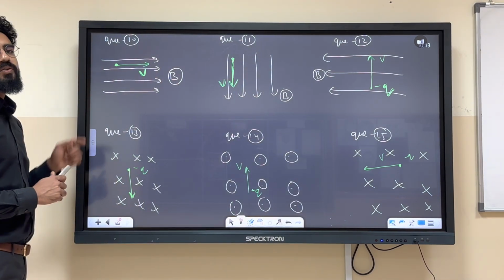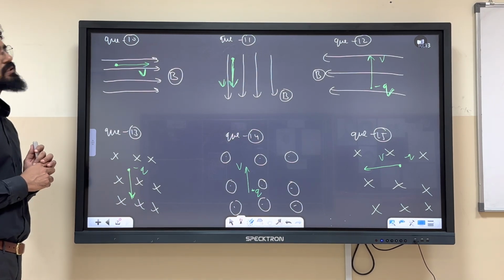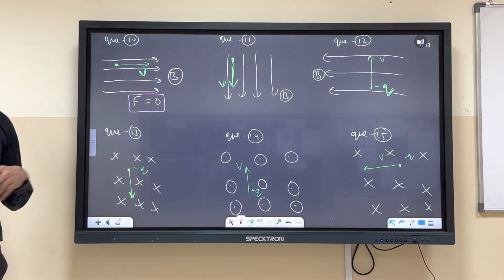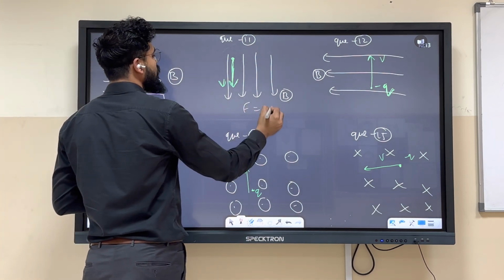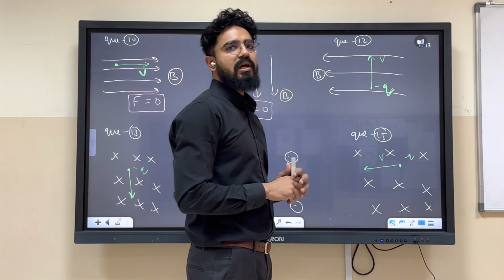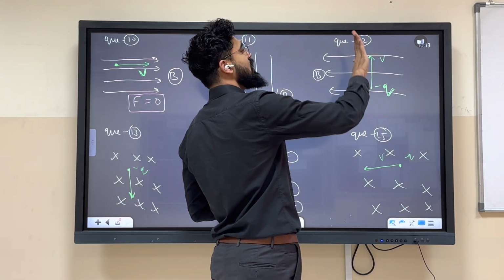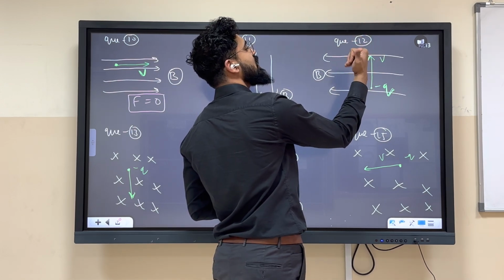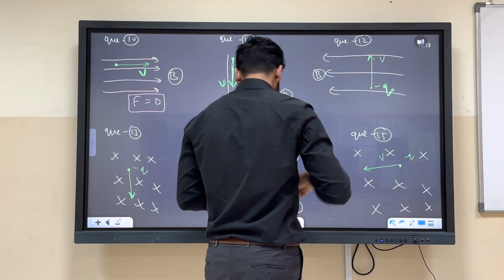Over here, if velocity is just parallel to the magnetic field, if its angle is 0, then force will be 0. Force will be 0 if velocity and magnetic field are making an angle of 0 degree. Over here again, if the angle is 0 degree, force is 0. No force will be there. Over here, V in this direction, but magnetic field in this direction. So answer should be V cross B. According to you, it should be outside, but this charge is negative, so answer will be inside.